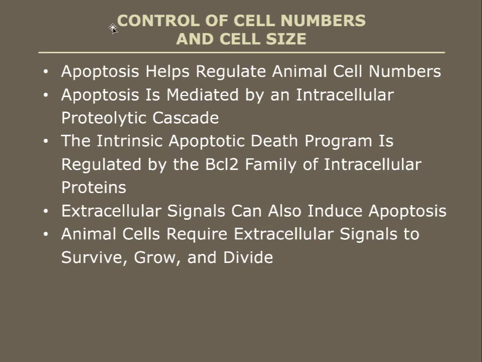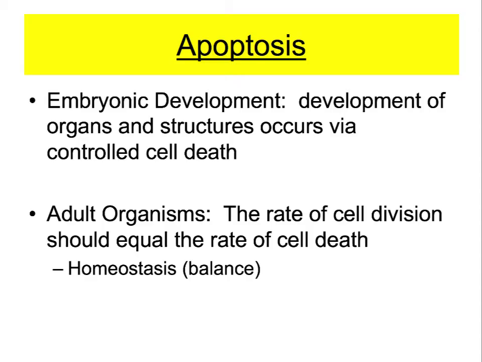Let's turn our attention to the final section of the chapter. So here we want to address how in a multicellular creature like us, we manage the number of cells and the size of those cells. The main process that we're going to learn about is apoptosis. Apoptosis is a very important way in which cells can be terminated, in that they can commit suicide by activating a biochemical pathway. During embryonic development, this process is more prevalent than you think.